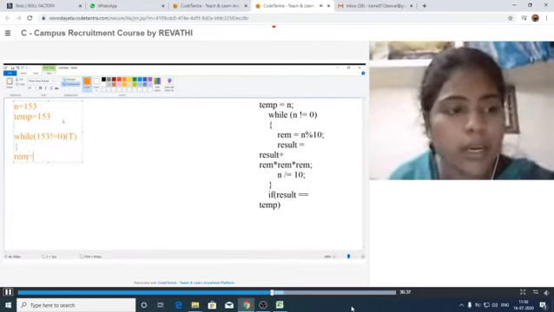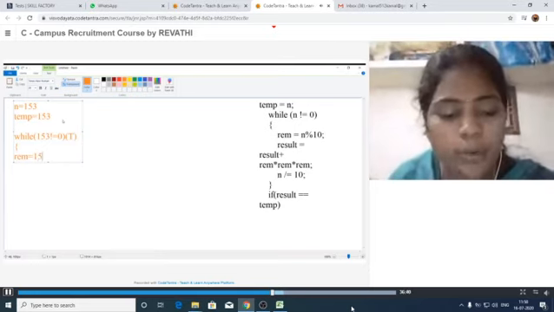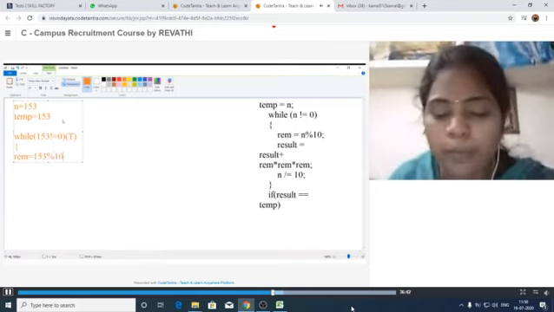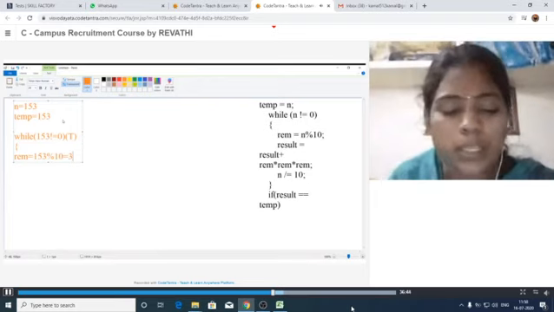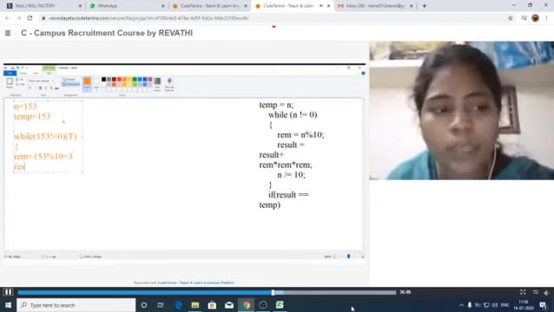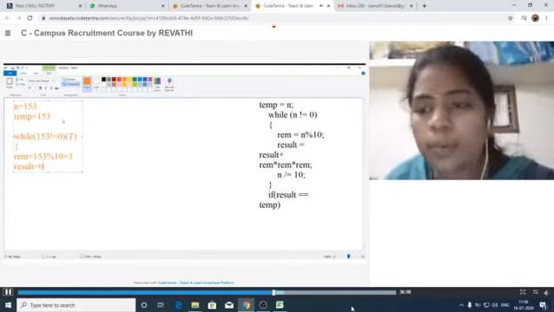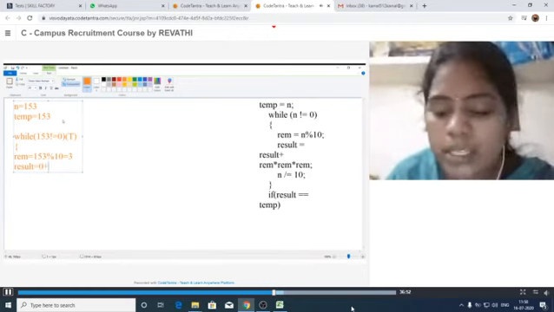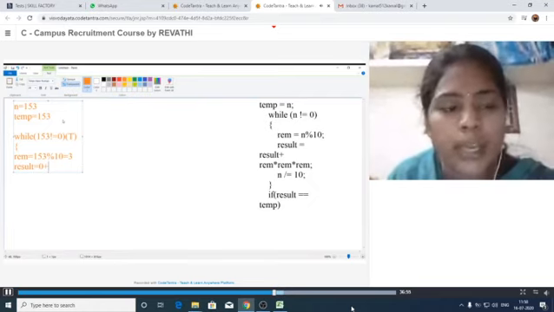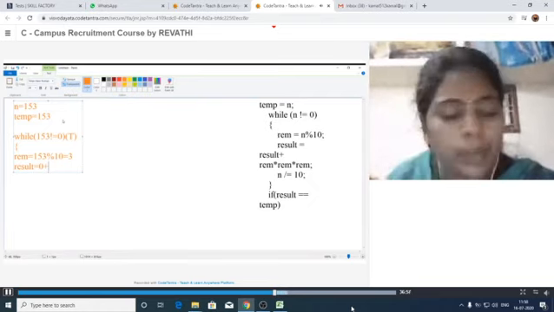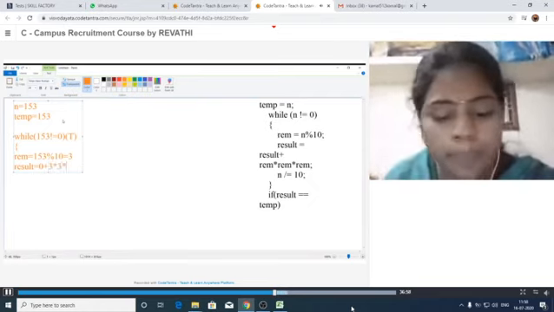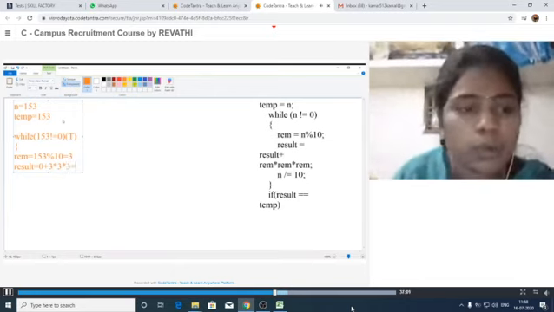Remainder is equal to 153 modulus 10, that is equal to 3. Then it is calculating the result value. Initial result is 0. 0 plus, here it has to calculate the cube, that means 3 into 3 into 3, that is equal to 27.